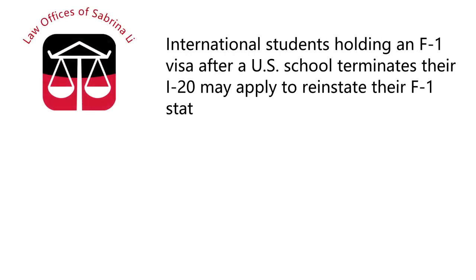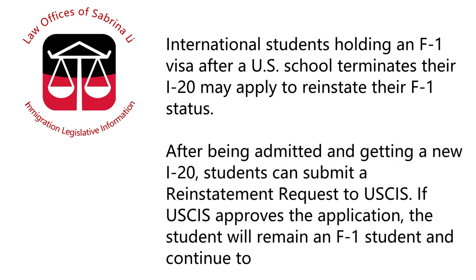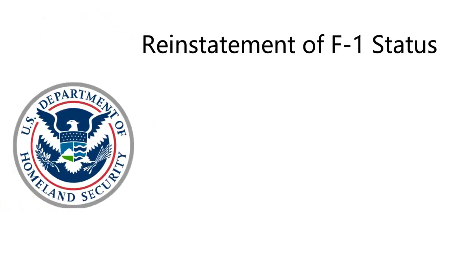International students holding an F1 visa after a U.S. school terminates their I-20 may apply to reinstate their F1 status. After being admitted and getting a new I-20, students can submit a reinstatement request to USCIS. If USCIS approves the application, the student will remain an F1 student and continue to study in the U.S. legally. According to U.S. immigration law, to be eligible for reinstatement, the student must: